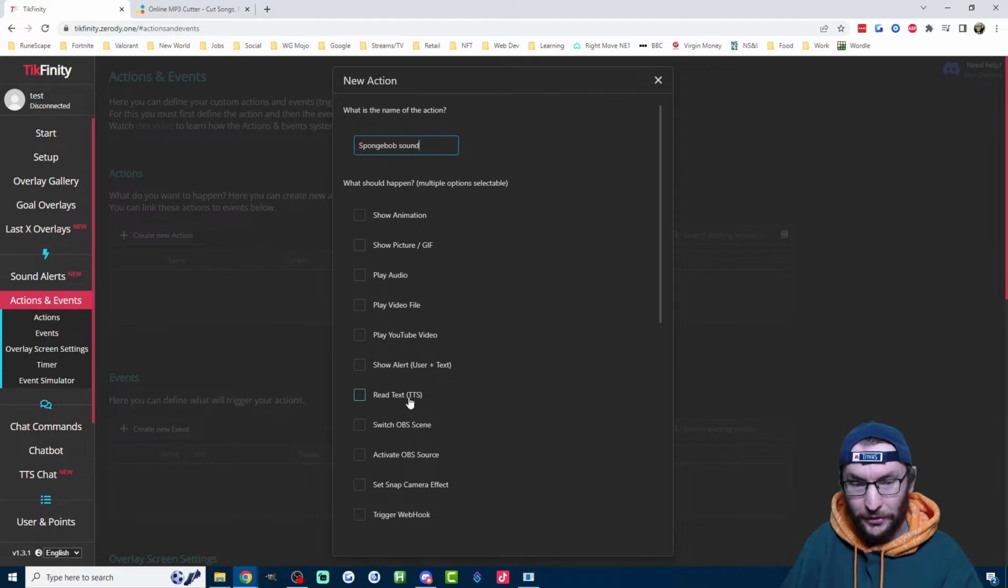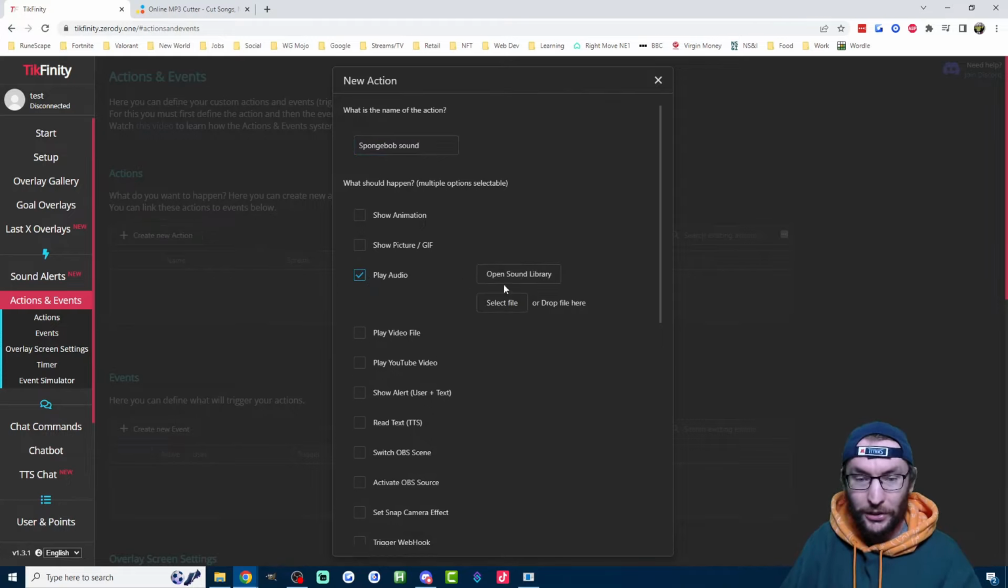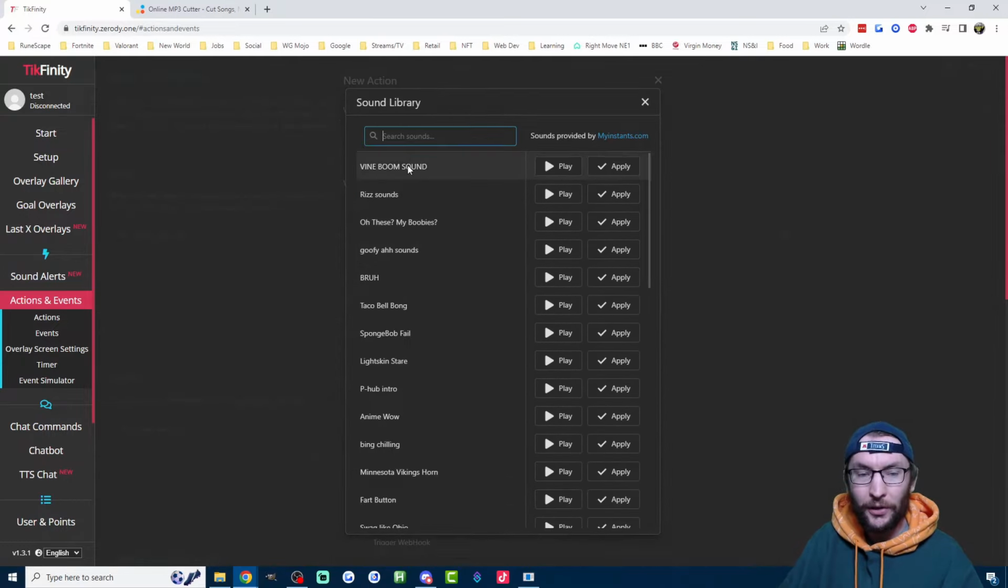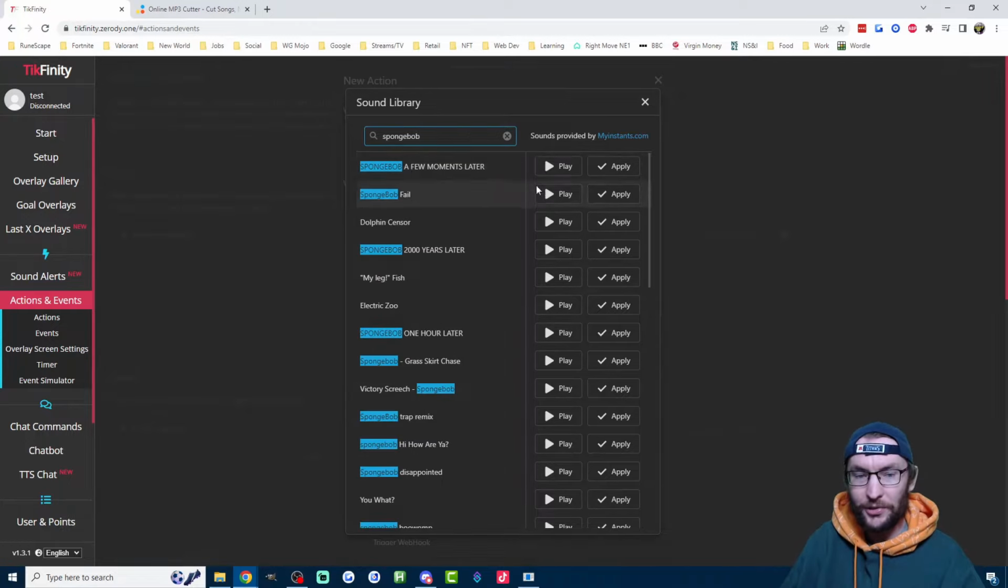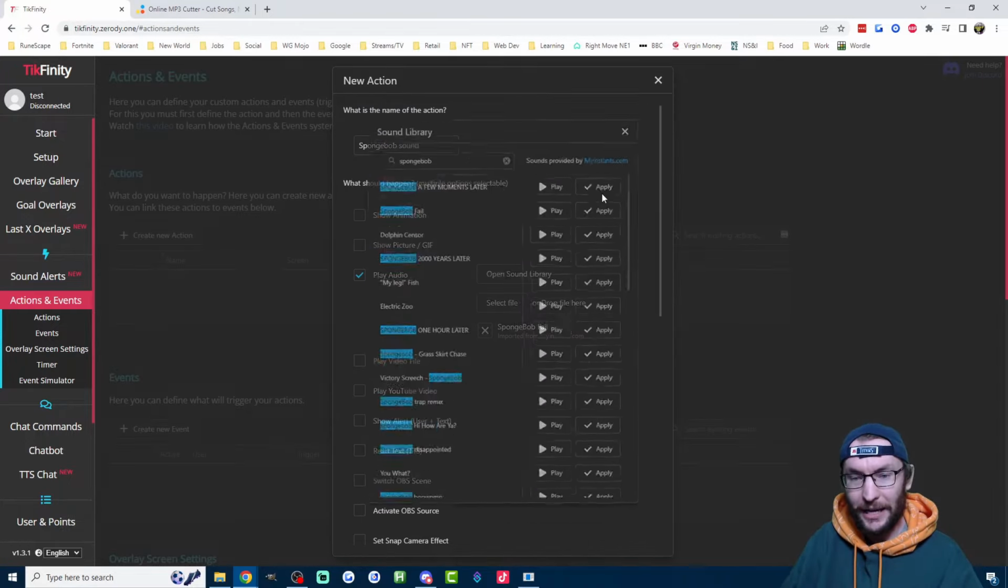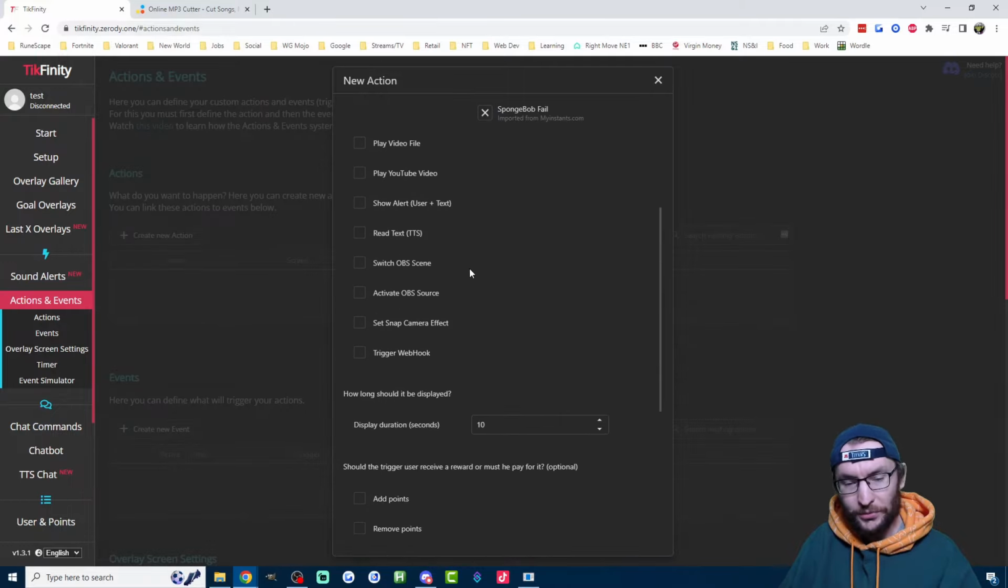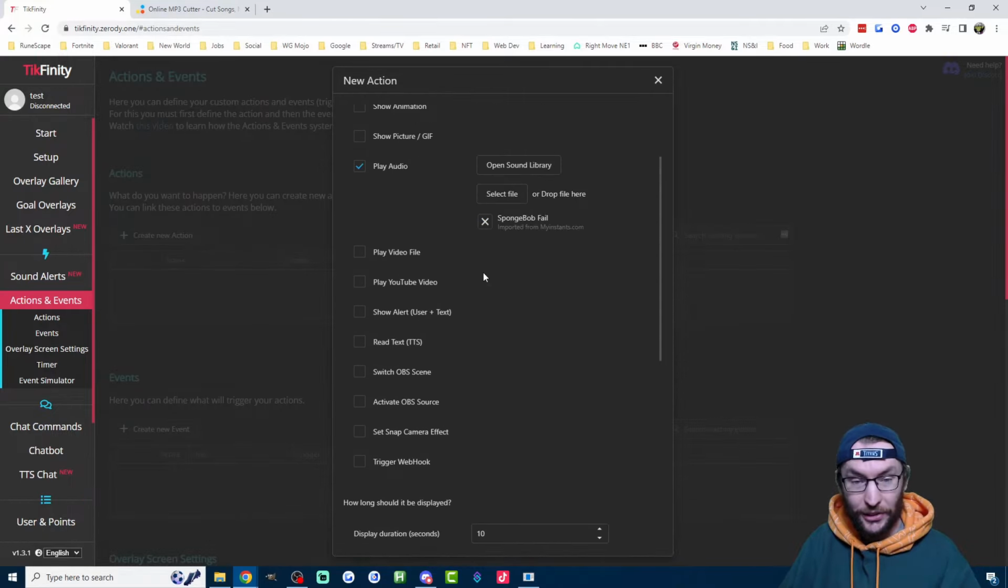And then you've got a load of options here, but we're going to focus on audio. I'm going to click play audio, and you once again have the option to upload your own sound file or choose from the library of sounds. And once again, we'll just type in SpongeBob. We'll pick a SpongeBob sound. We'll press apply. Once we've applied it, you can change any of these other options if you want, but we're